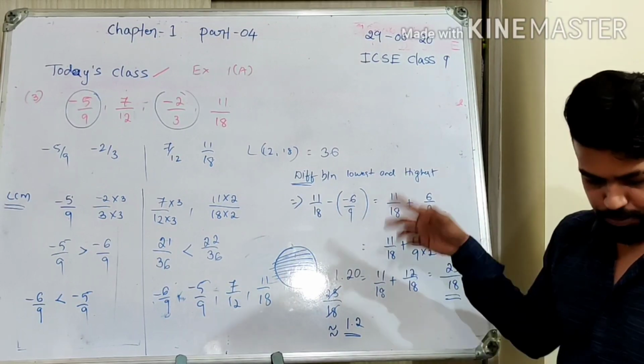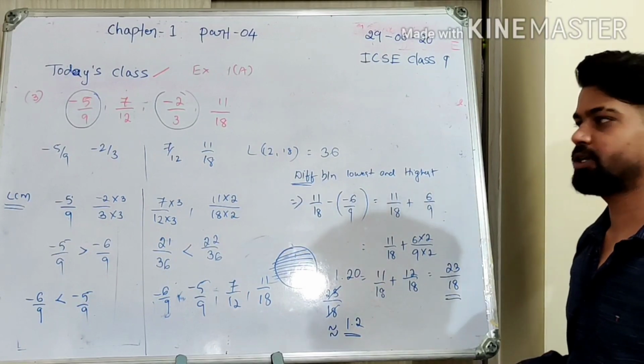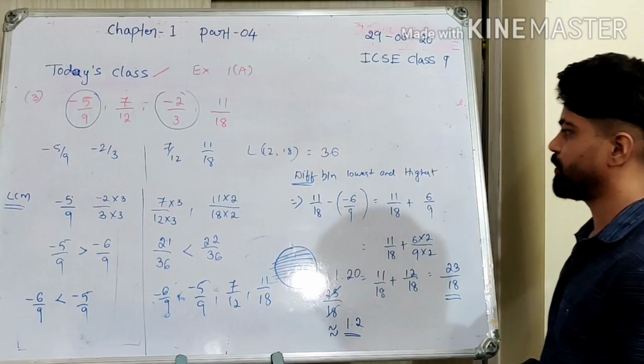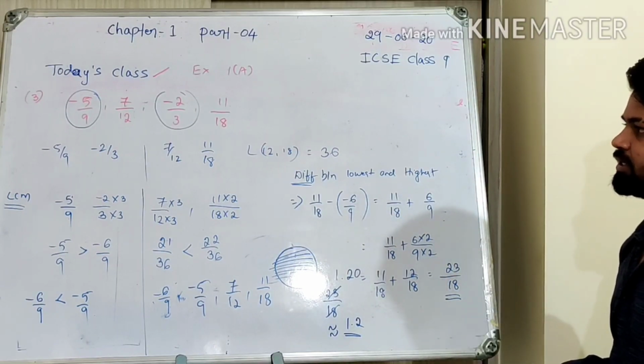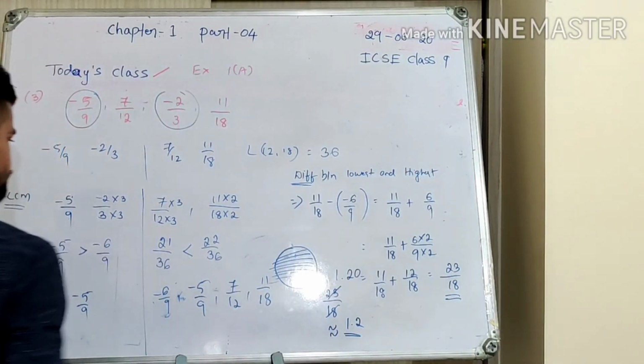Okay. So this approach is using the LCM method. What was another approach I told you? We can go for cross multiplication and compare. I told you, no. So that also we can do. But right now this is the method which is required for us. The alternative method I am going to give you now.